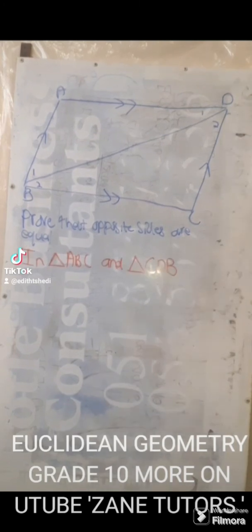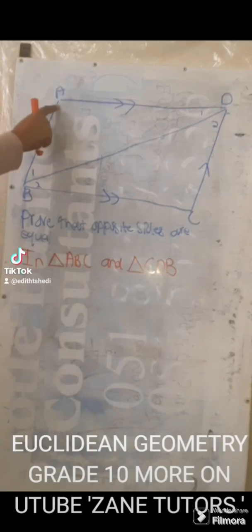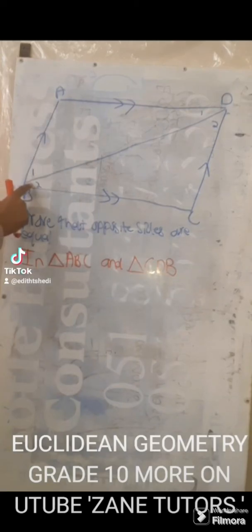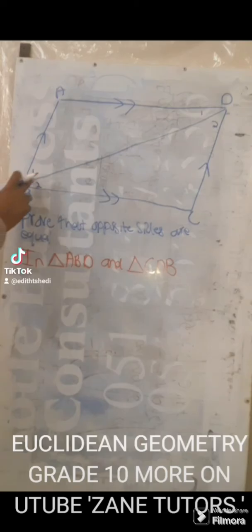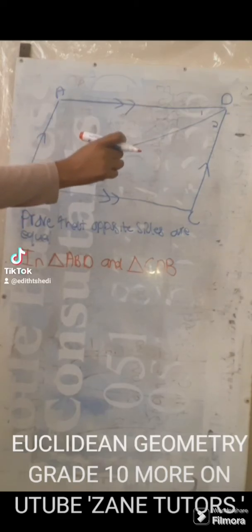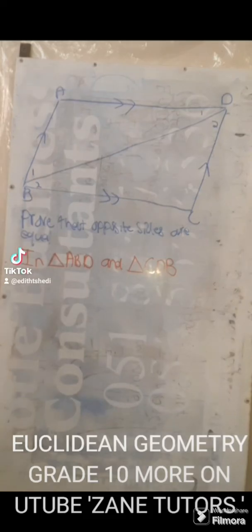All right, so we're having two triangles here, and we have to prove their congruency. So triangle ABD, sorry, that's triangle ABD. And then the other one is triangle CDB. So